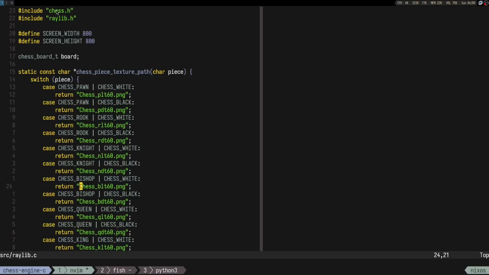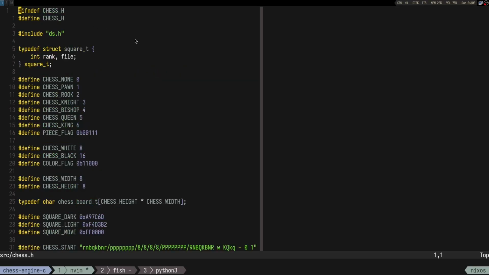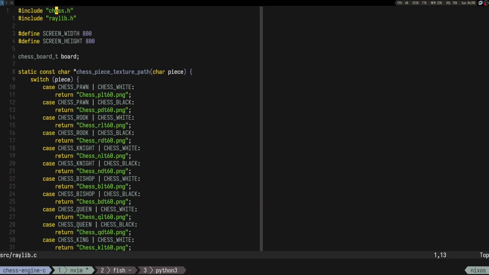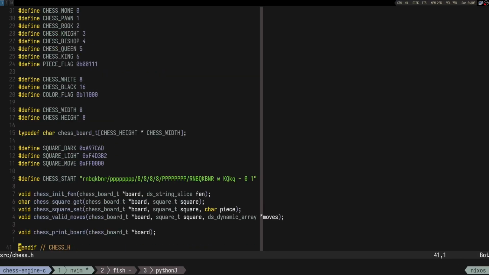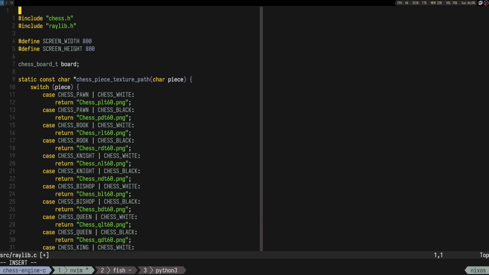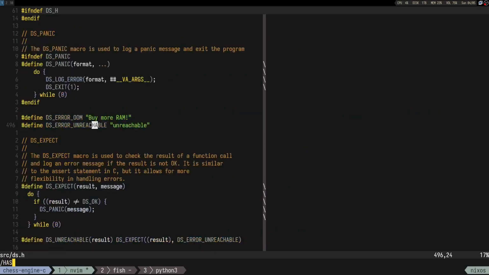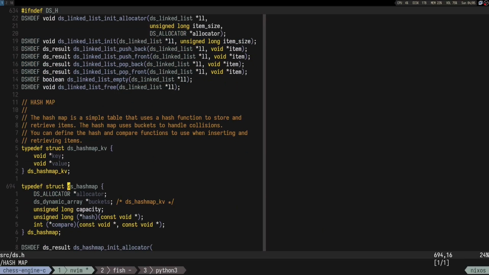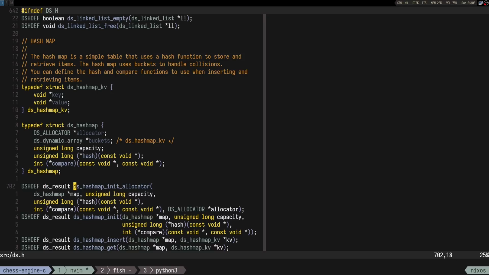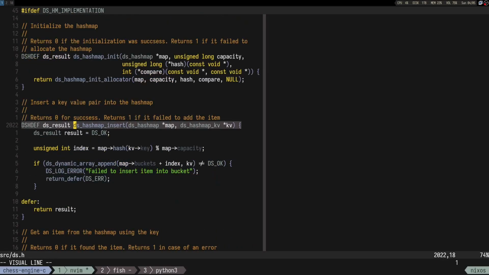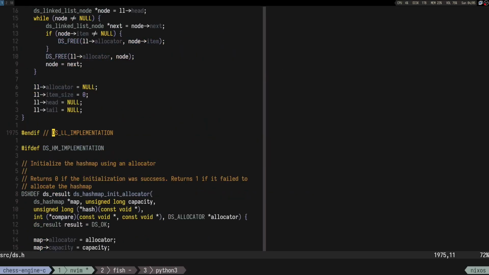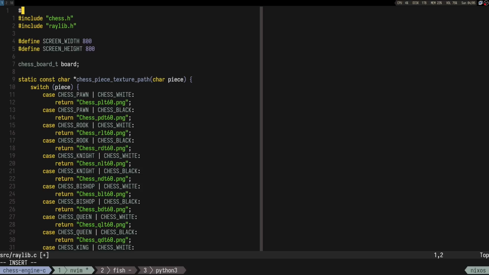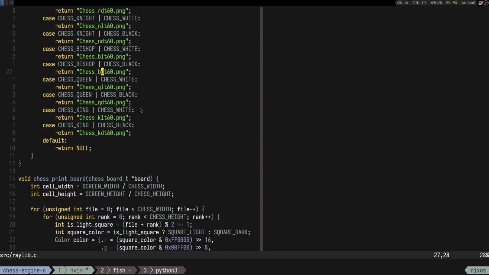So chess.h, we definitely need hash map. Wait, what? Hash map. What the fuck? Hash map insert. So we need to define hash map implementation. I guess, I mean, we don't even need to care about. Okay. So